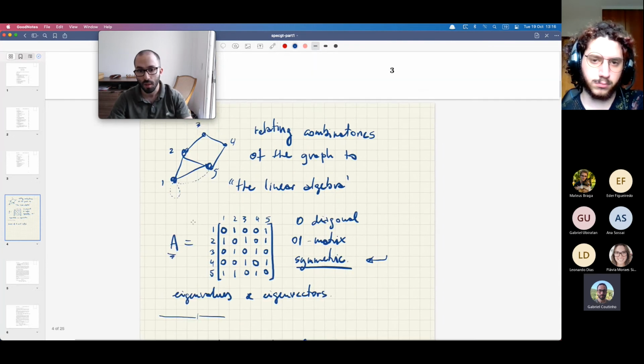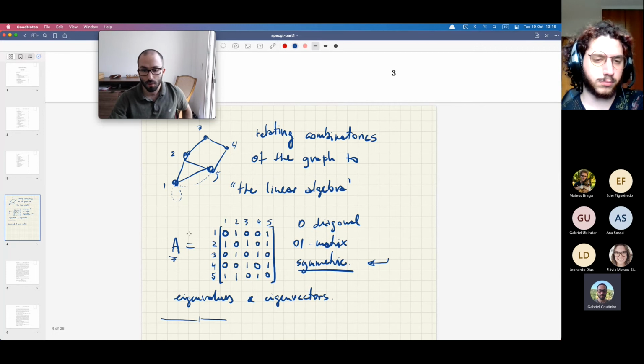So A is equal to this matrix. This is, of course, the same thing as A raised to the first power. And you can interpret these entries as telling you that there is exactly one way to go from 1 to 2 in one step. So the zeros and ones tell you how many ways you can traverse your graph to go from the row to the column in this many steps.